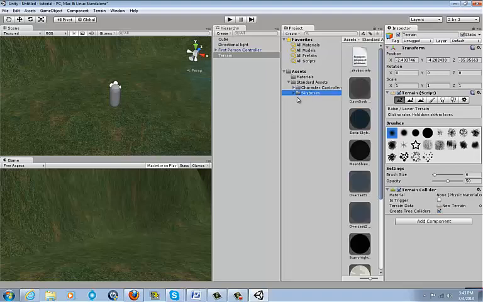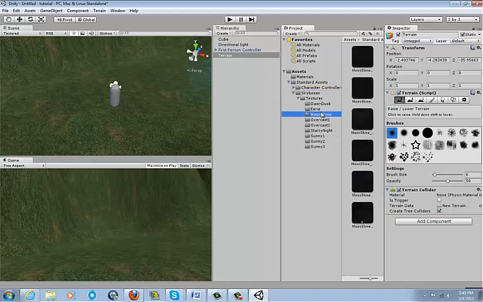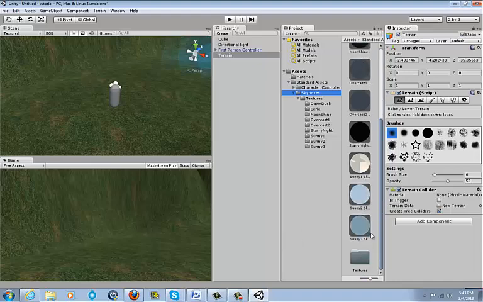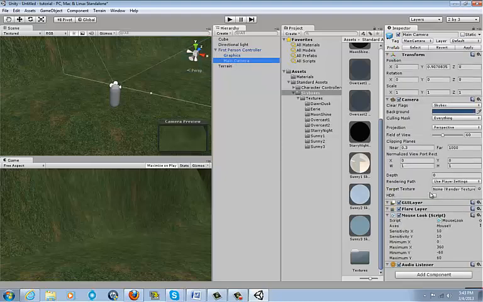Okay, so skybox is gonna be here. Open it up, textures, and here we go. Just press on any of these that you'd like. Or actually, just go to skyboxes and you'll see it here. When you see that, you go to the first person controller and you press this arrow next to it, and it'll show up this. Press on main camera,